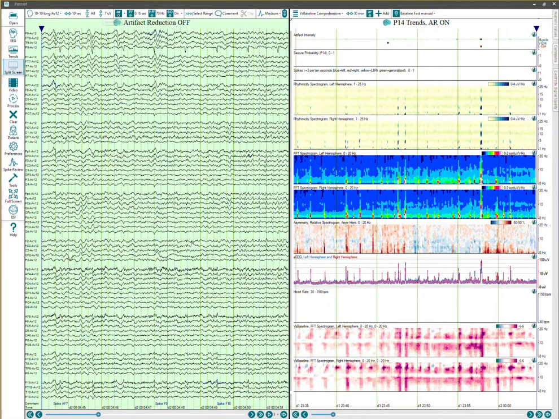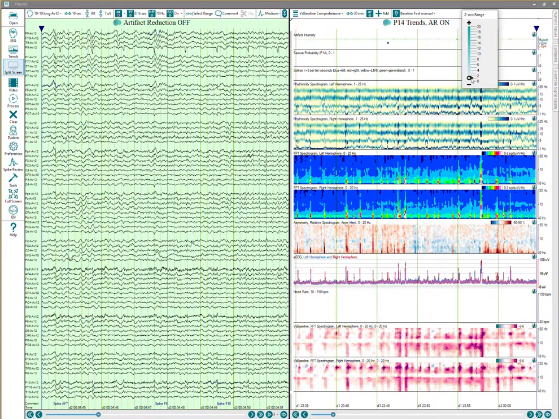I've got the gain set to 7, and for a recording with this many channels, usually you see a bit higher amplitude. So let's go ahead and click here on this badge for the scale, 0 to 4 microvolts. And whenever you see the trends being a bit faint or a bit dark, you can adjust the gain on these so you can see changes in the underlying EEG, or in the trends rather,